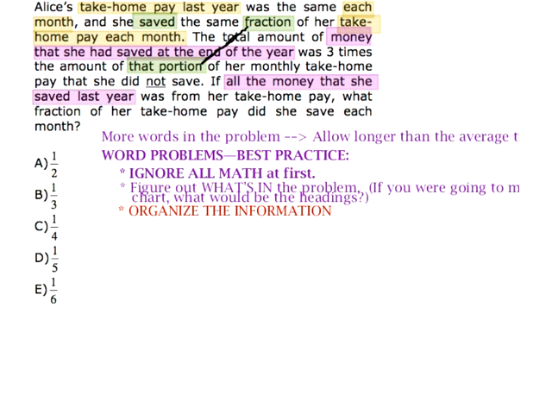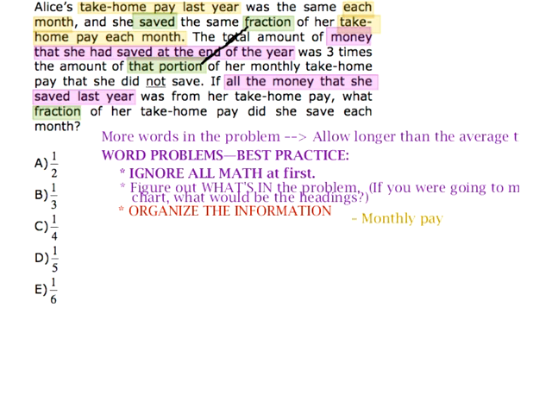And then her take-home pay, what fraction of her take-home pay is this? So we really only have 3 colors here. I mean, it's probably really intimidating, but when you break it down, there's not really as much in there as you thought there would be. So we've got take-home pay, and then we have monthly take-home pay. Monthly pay. And I mean, we don't even need to say the word take-home because there's no other kind of pay in this problem. There's no gross pay. So we just need to say monthly pay,